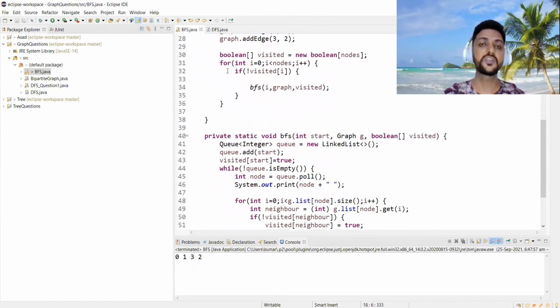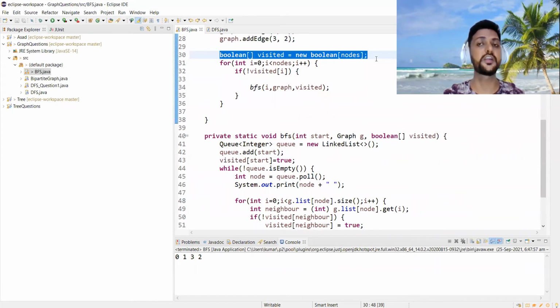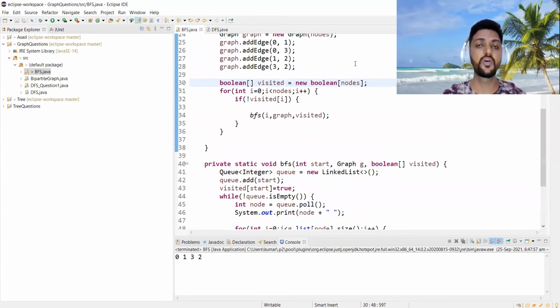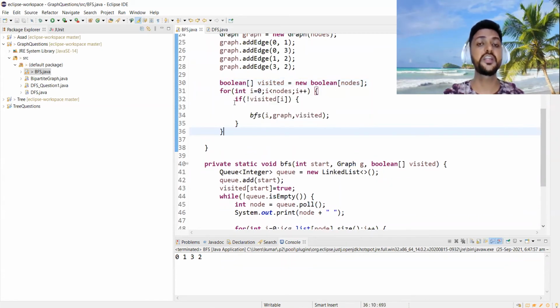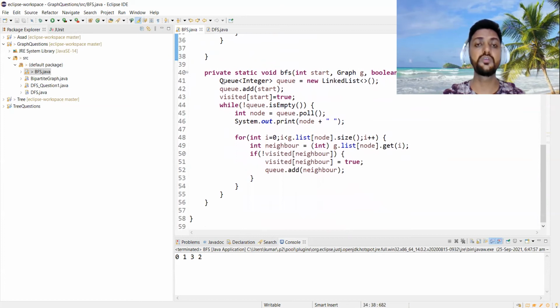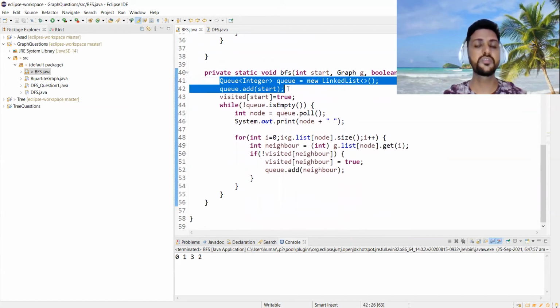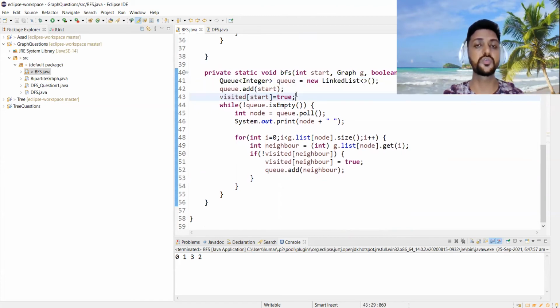Here again we are doing the same logic. There is one boolean type visited array. By default all will be false, and we are running a loop. If any node is not visited, you need to call the BFS with the source. So you will come to this one, you will insert into the queue. Along with that, you need to update the visited as true,